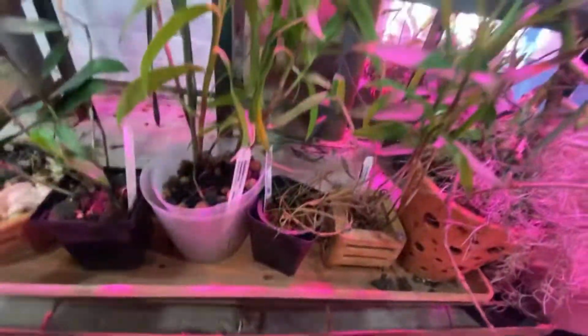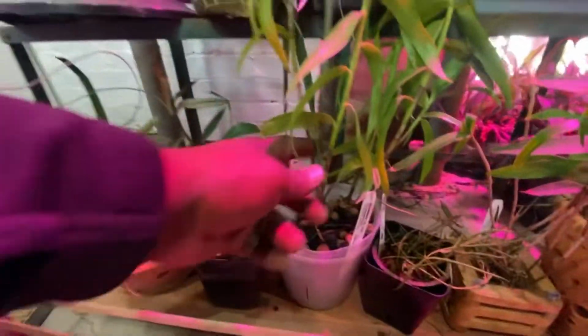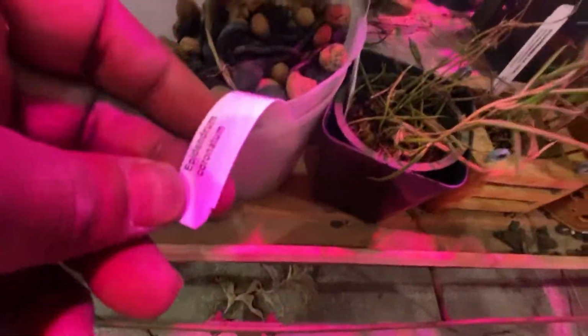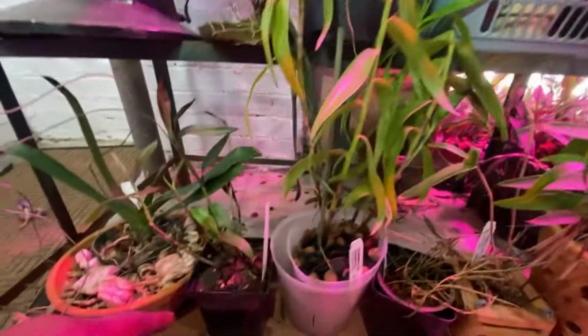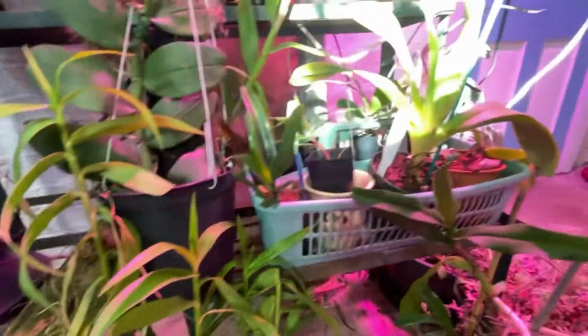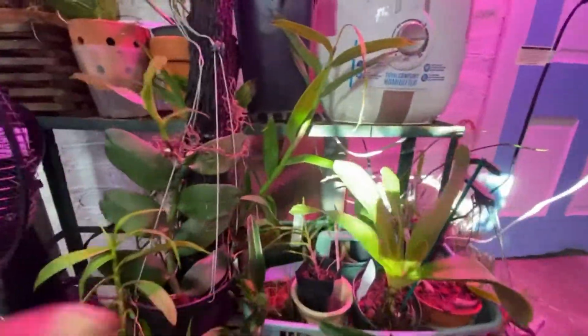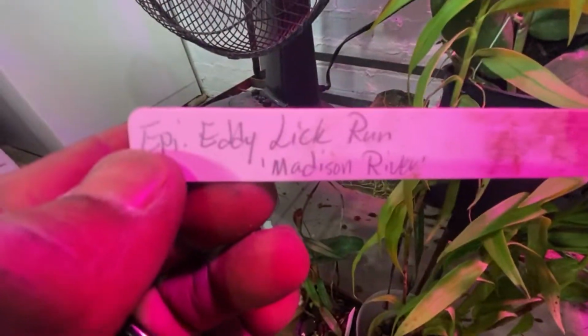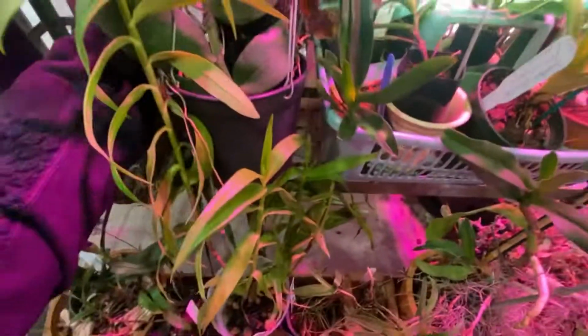And actually, what is that? It could be a spike. I don't know. This is another epidendrum. This is cornatum. That is a species. And down here is Epidendrum Penn's Cove. And then back here, this epidendrum, which is Eddie Lick Run,